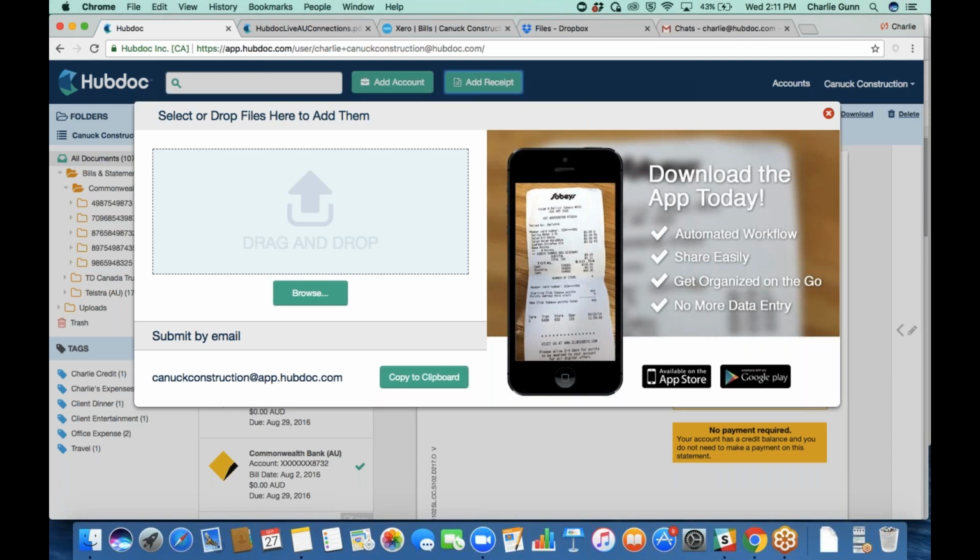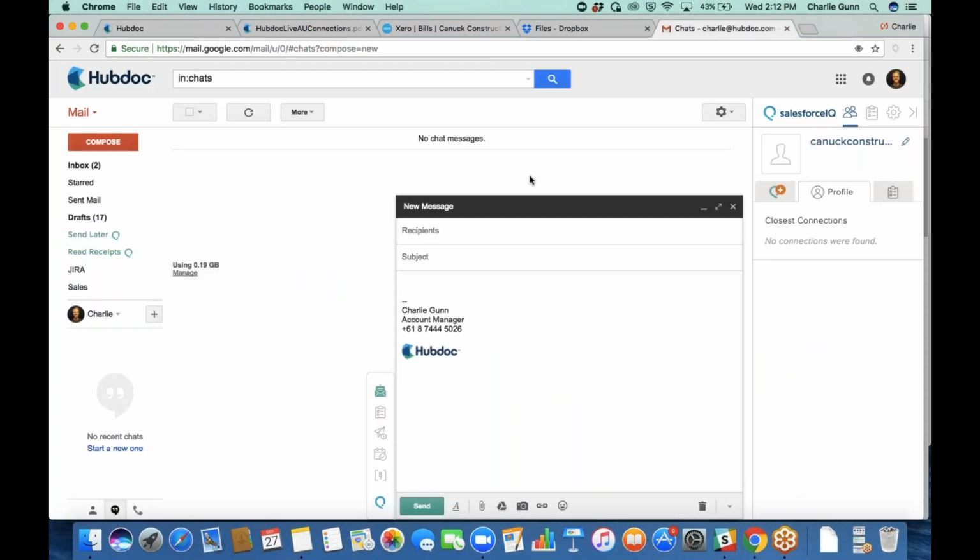So I'll show you guys an example today. This unique Hubdoc intake email address, when you first set up your client's Hubdoc account, is going to be a mix of letters and numbers. And it's something we're going to want to customize to something a bit easier. So Dylan will show you how to do that later on in the webinar. But in terms of actually bringing a document in by email, we go copy to clipboard to copy this email, go into our email account, and paste that email address,